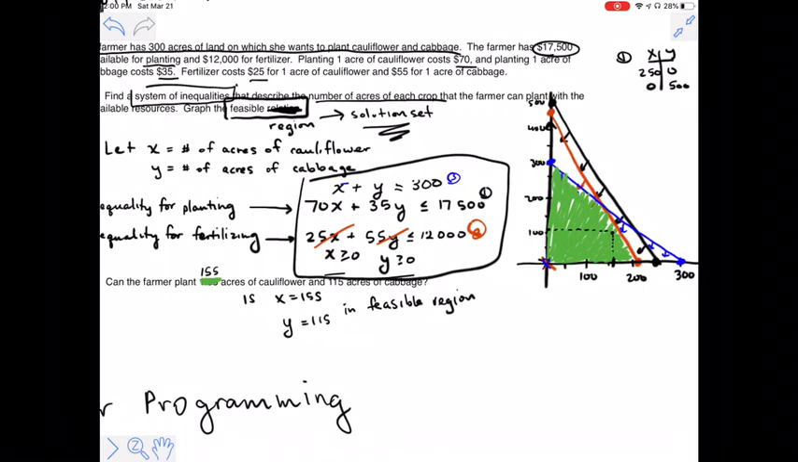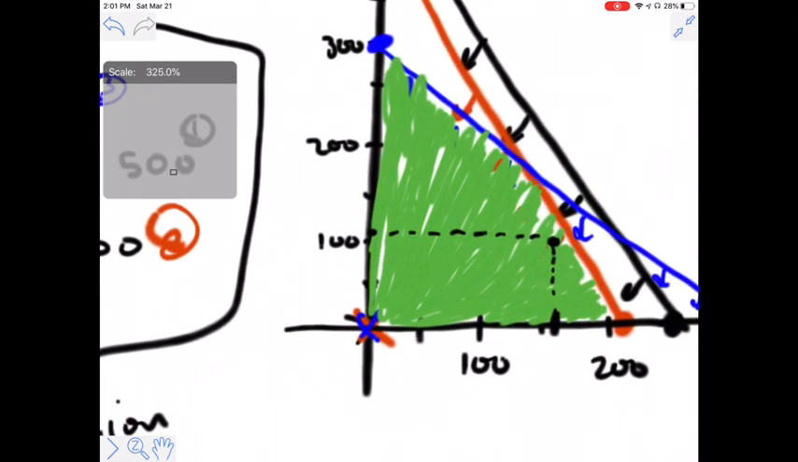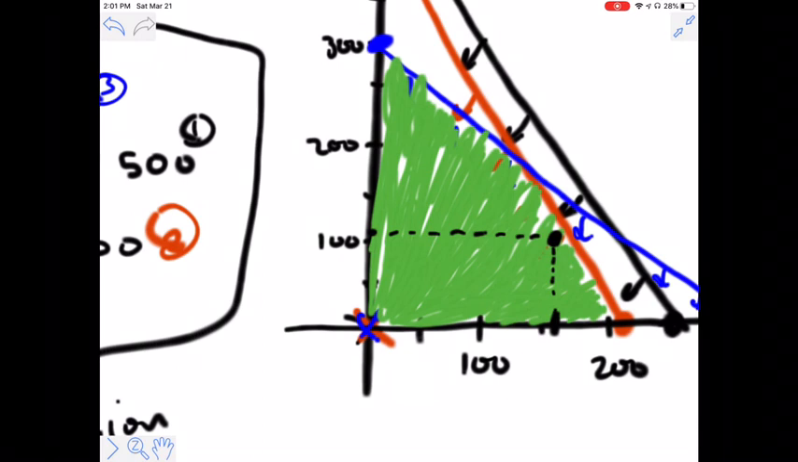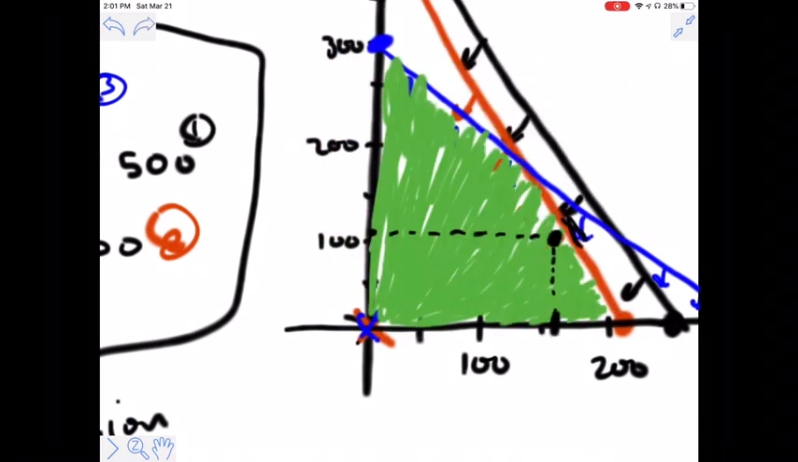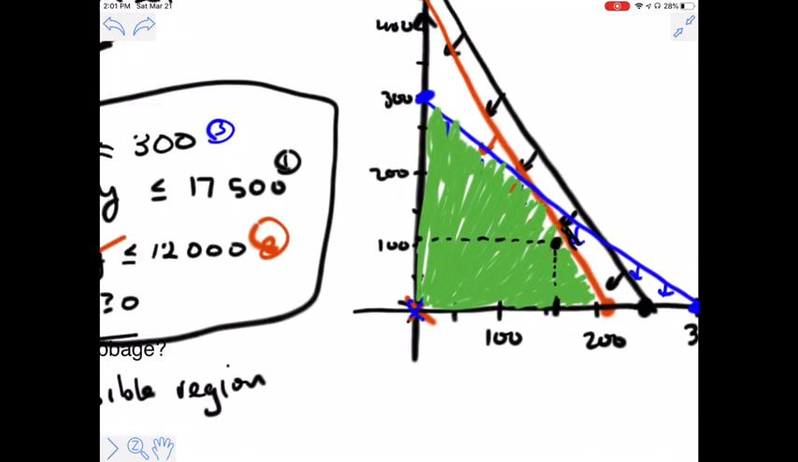which means that it should work. Now, depending on how accurately and how carefully you have drawn your graph, I'm just a little concerned. Let me zoom in here. I'm a little concerned. It's really close. It looks like it's in the feasible region, but it is really close to right there. That red inequality